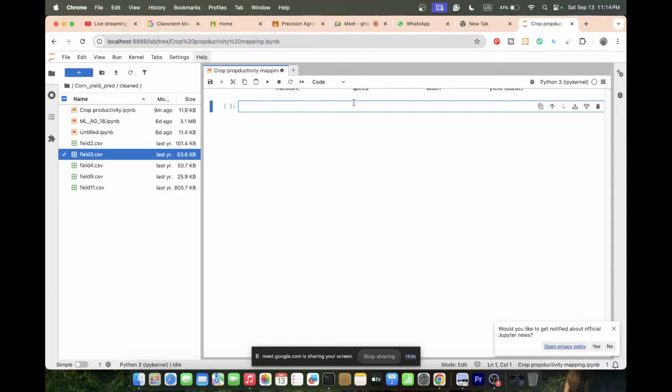Okay, so let's try to create the x and y. This data set is split into x and y